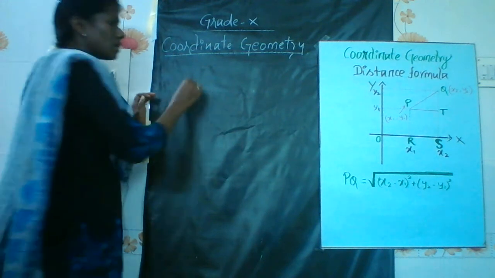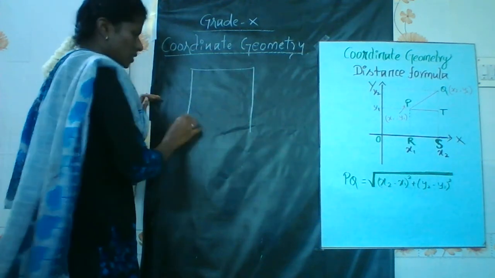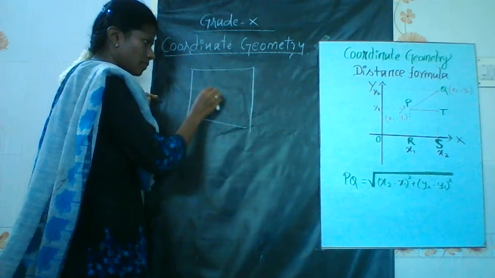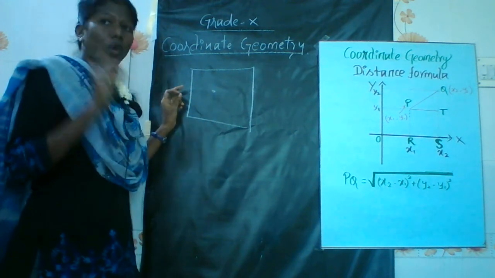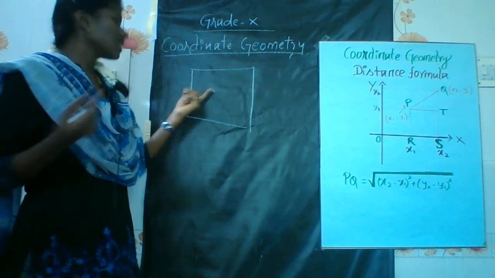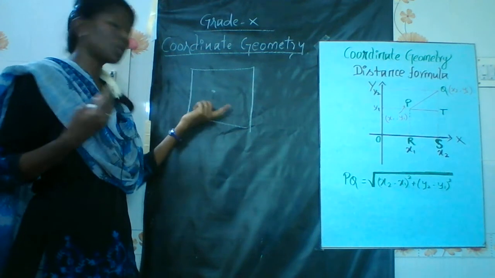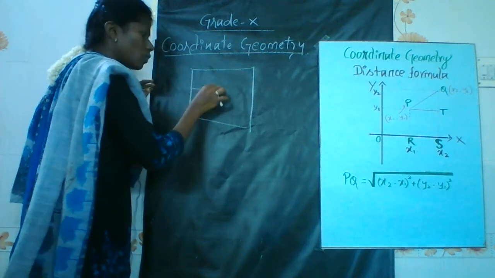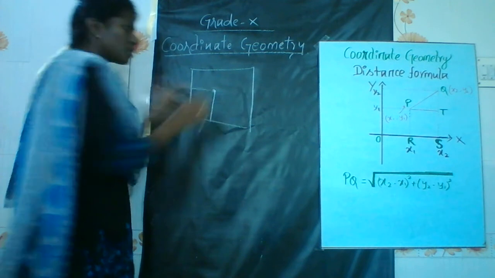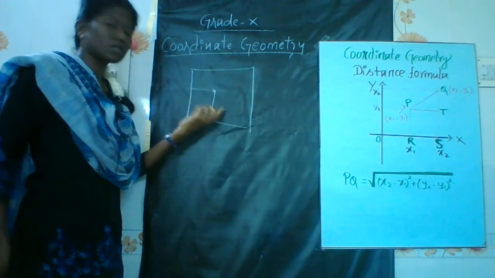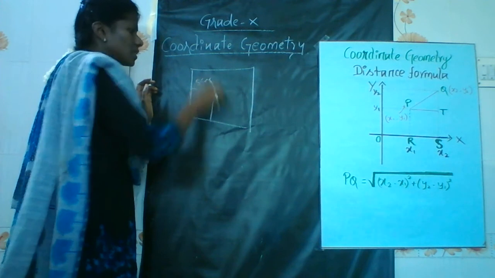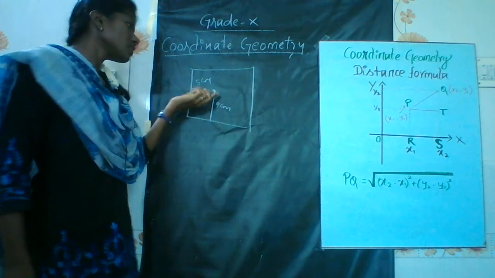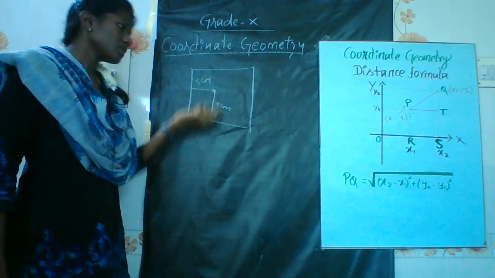Okay, listen, this is a plane surface and I am placing a dot over here. Now I am asking where is the dot, and some people will tell near the left corner and some people will tell above the bottom line. Few will measure these lines. For example, you will tell 5 centimeter and 6 centimeter, and you will tell me that the dot is 5 centimeter away and the dot is 9 centimeter away.